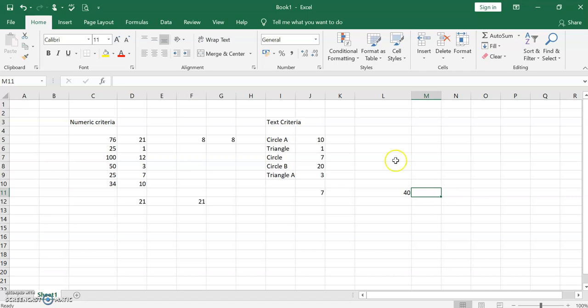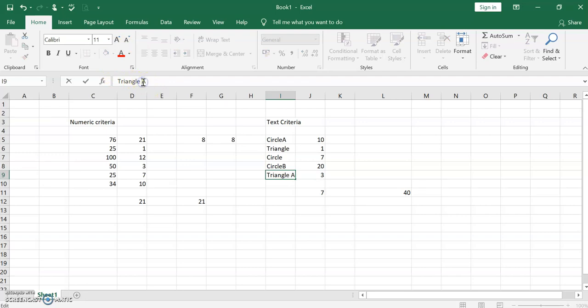You see, I have given circle here, and there is also another corresponding character. There is a circle and there is another character A, right? I should not give space here because it is two characters. And again, I have given circle B, and there is another character next to it, and triangle A. So these are some of the characters you have.